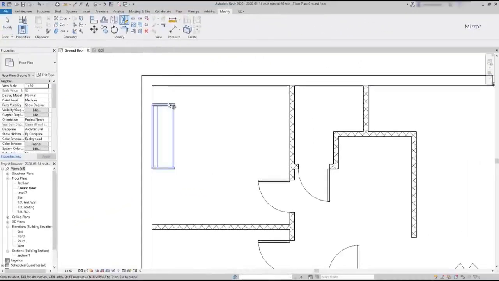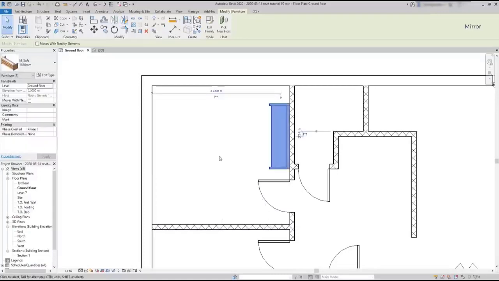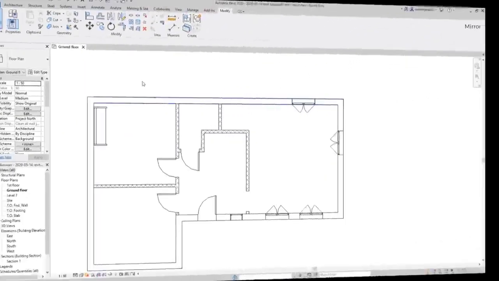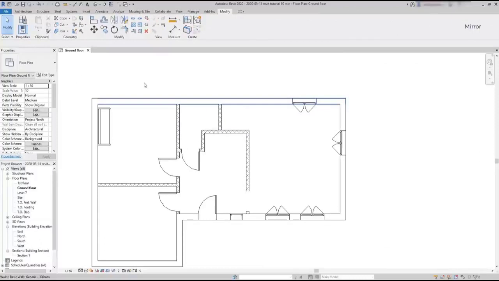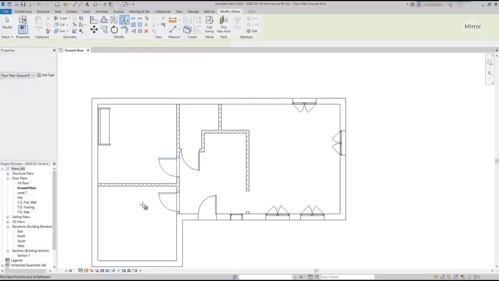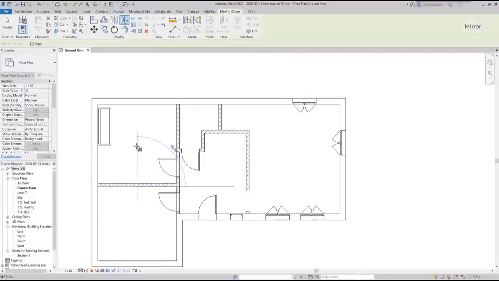Another tip, when we are using the command mirror, and after selecting the object and pressing enter, on the options bar, we can decide if we want to copy the element or not. If I uncheck this box, the original sofa will just disappear. We can also mirror as many elements as we want at the same time. For example, I can select these two doors, press Ctrl to click on the second, press enter, then I draw the axis here,